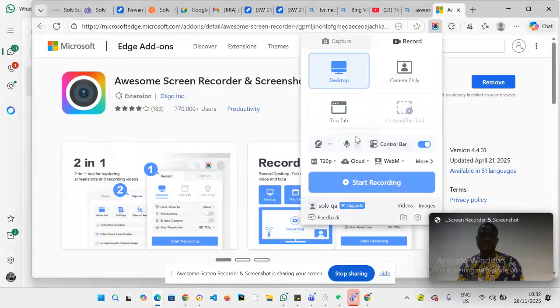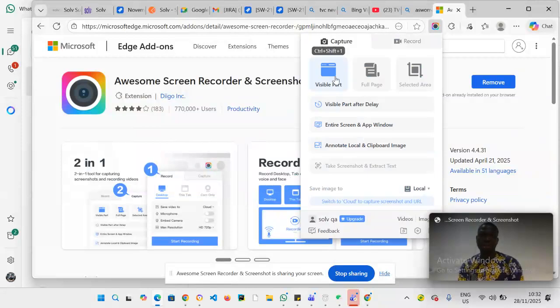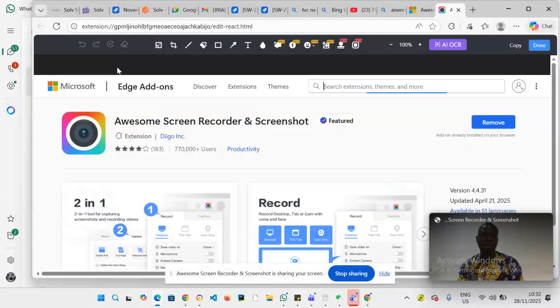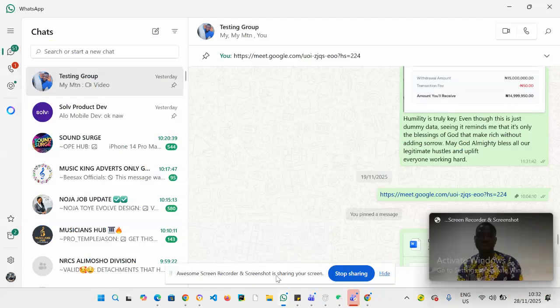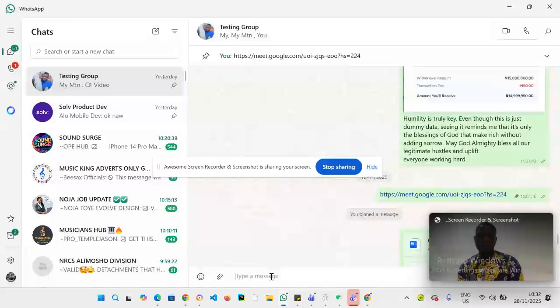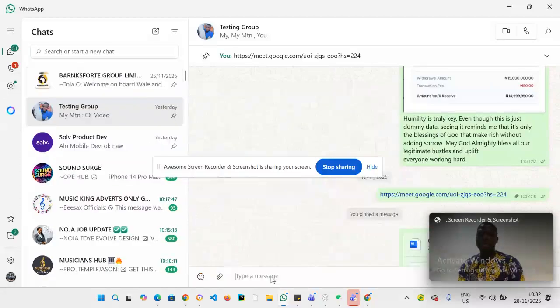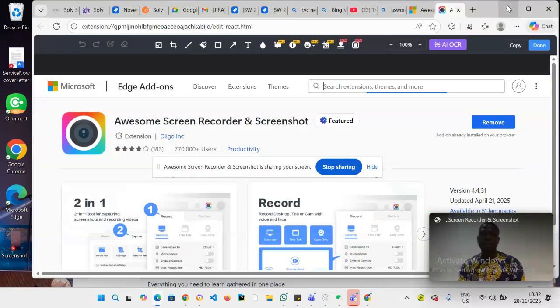If you want to take screenshots, to just capture, you can come here, just capture the visible part. So you have the capture ready, so you can copy it, and paste it to wherever you want to paste it to. So that's it. And you can also have it as a link. So I'm showing how to use it